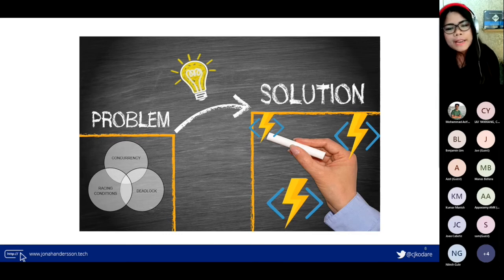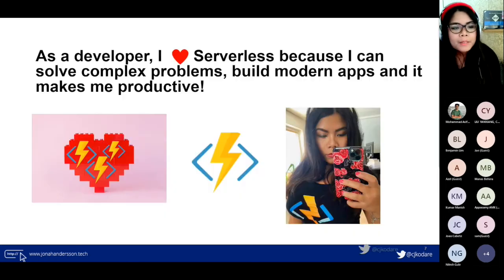That's why I think that serverless solutions like Azure Functions are one of the solutions for such programming problems. As a developer, I love serverless and I advocate for it. I'm talking about it because I can solve complex problems, and I have the opportunity to learn and build modern apps.